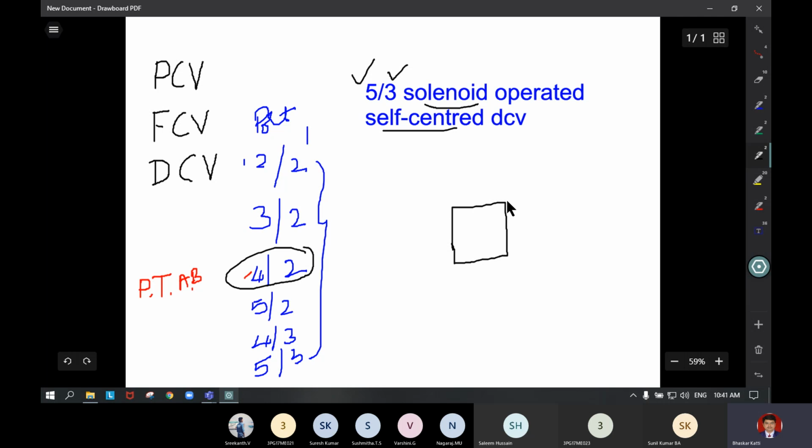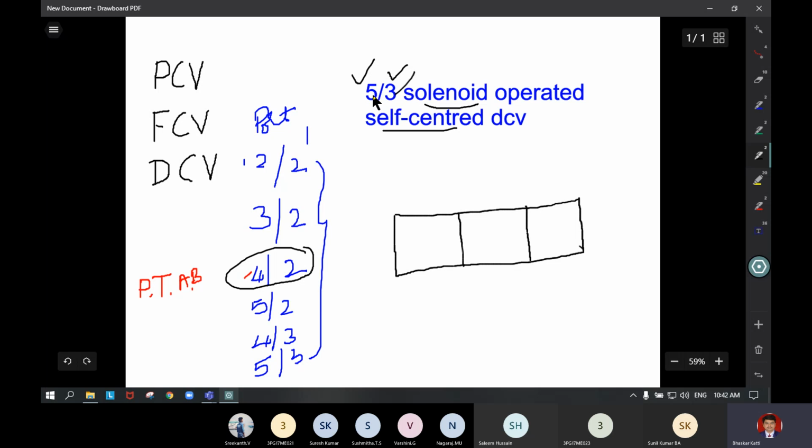Don't go for any rectangular boxes or other shapes. So 3 square boxes you have to write adjoining to each other. Okay, so they look almost square now. So 3 positions we have written.